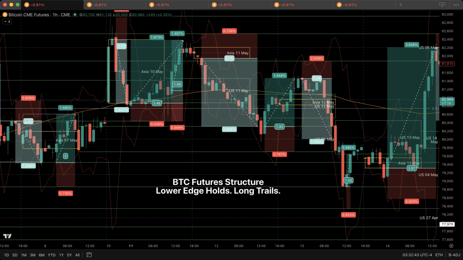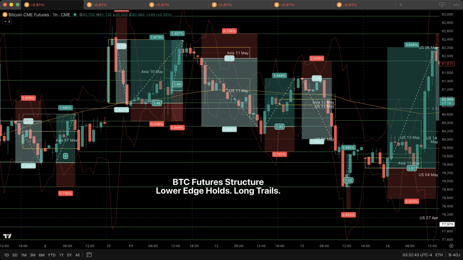Now step back and watch the whole sequence. May 13th Asia forms with compression near the upper side of old May 4th U.S. memory. Price first pushes up. Then it falls back. It tests the May 4th U.S. midpoint. It lifts again. It reaches the May 13th U.S. midpoint. Then it falls again. It returns toward the lower boundary of the Asia session box. The long begins there. Not at the top, not at the first green candle, at the lower boundary. That is where the session either survives or breaks.